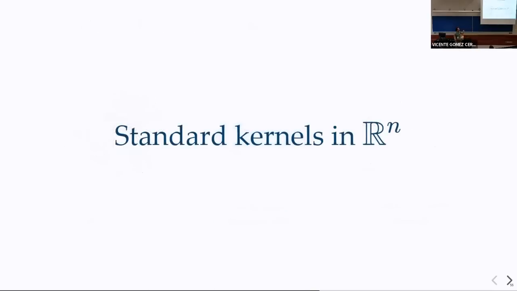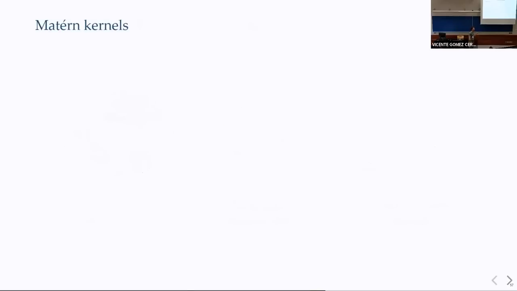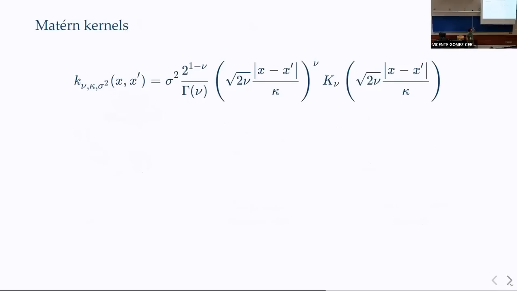Good. So now I want to remind you about this class of standard kernels that people just typically use in Rn unless they really know what they're doing. These are Matern kernels given by this somewhat cumbersome formula that you don't need to get into details of. The most important thing about this formula, if you never saw it, is that it's parameterized by three very interpretable parameters: by variance, sigma squared, which basically scales the